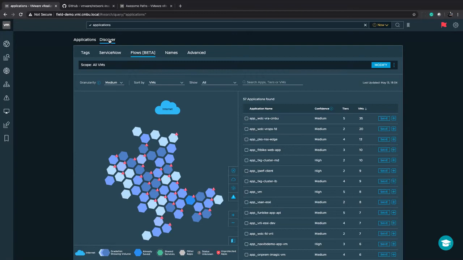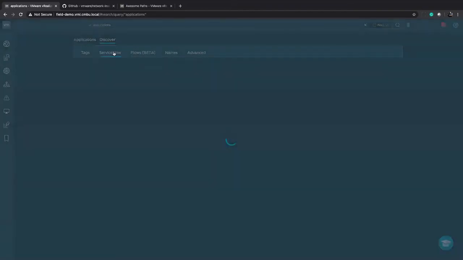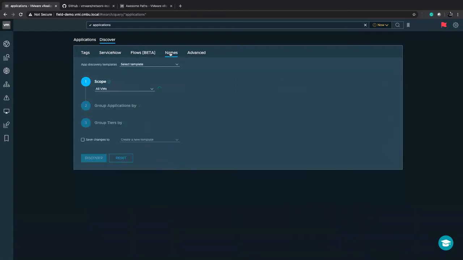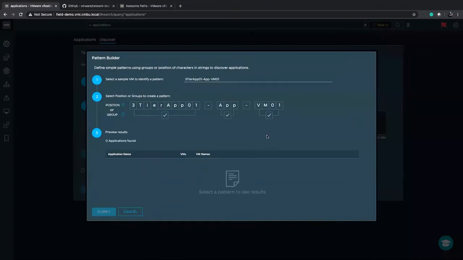Because we're seeing flows 24/7 and all the communication occurring within the infrastructure, we have various ways that we can discover applications, such as utilizing tags. We can utilize ServiceNow integration, as I mentioned. We can utilize naming conventions. We can utilize regex. So if you're into using regular expressions, we have a regular expression builder where you can